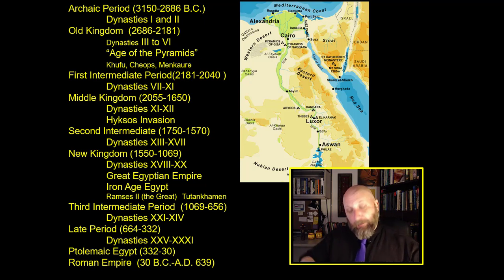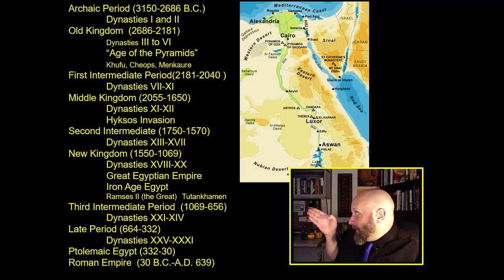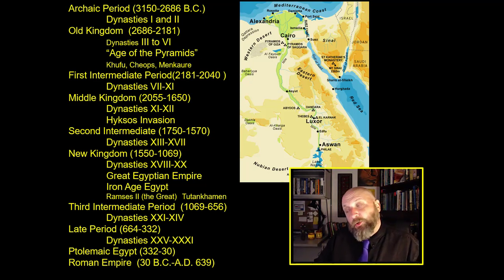Eventually, the Egyptians are able to win out. And one of the reasons the Hyksos were so successful is that the Hyksos had iron tools and iron weapons. And prior to the second intermediate period, Egypt was completely a Bronze Age civilization. The Hyksos are eventually expelled, and this gives rise to New Kingdom Egypt, the fourth Egyptian civilization. There it is, right over there, roughly 1550 to 1069 BC.